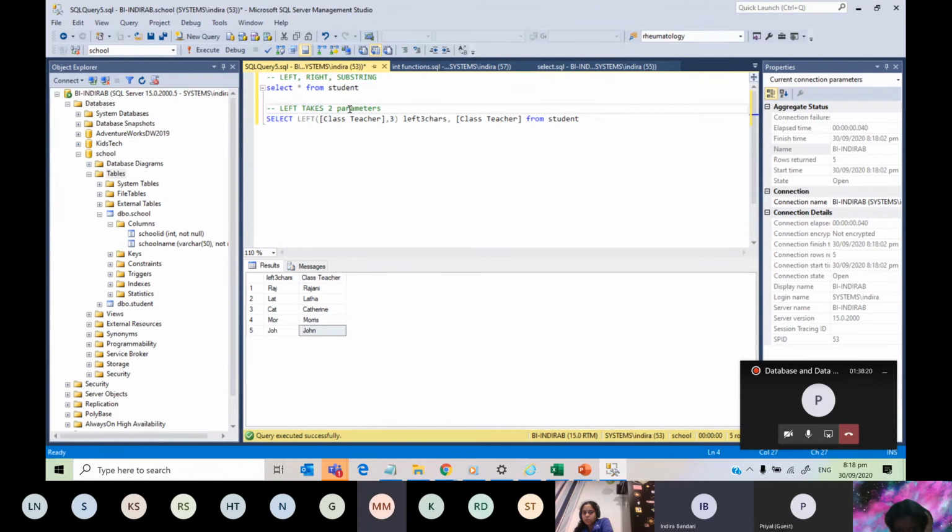Do you know what parameters means? No. Conditions? No, not condition. See, parameters means what we pass in the function. Column name is one parameter and the number of characters is another parameter. So that is 2 parameters.